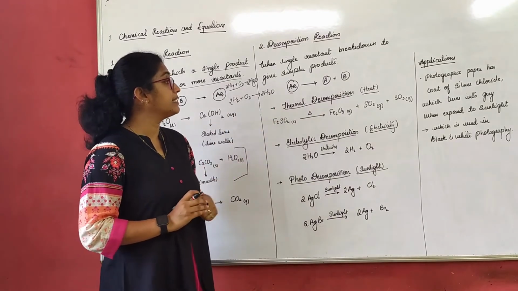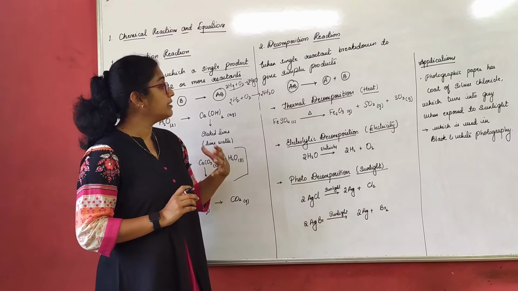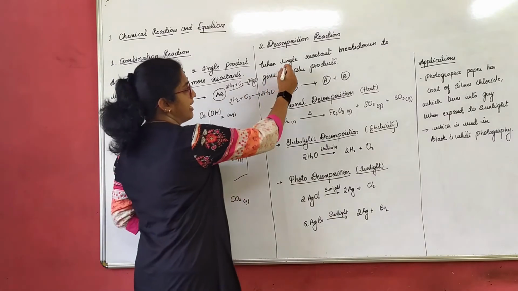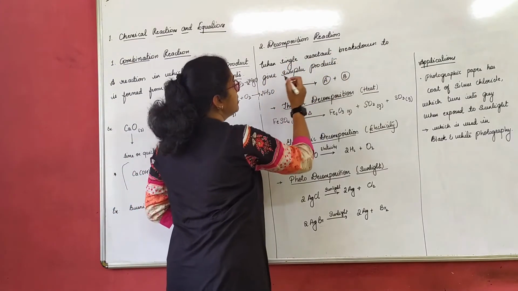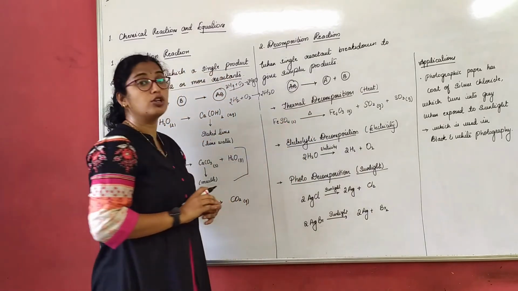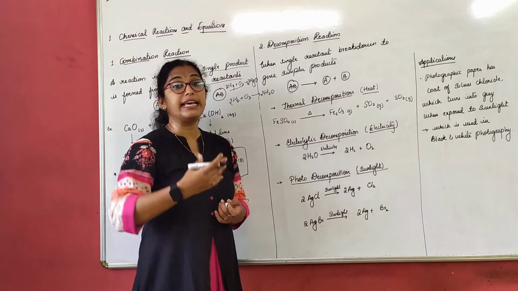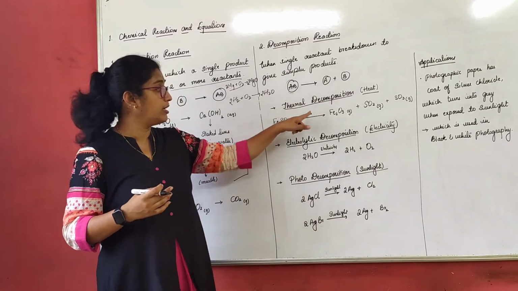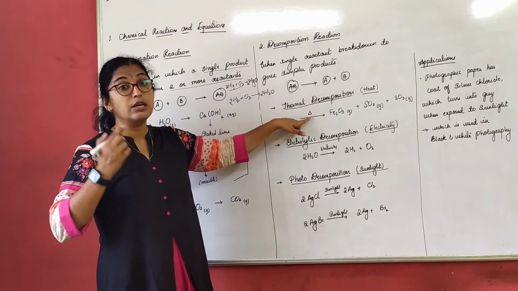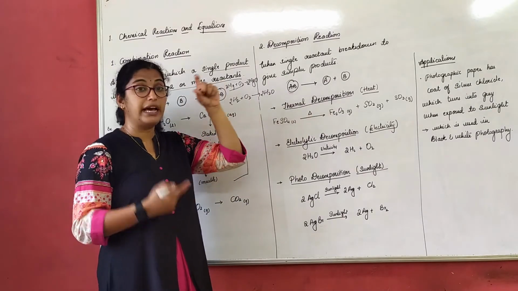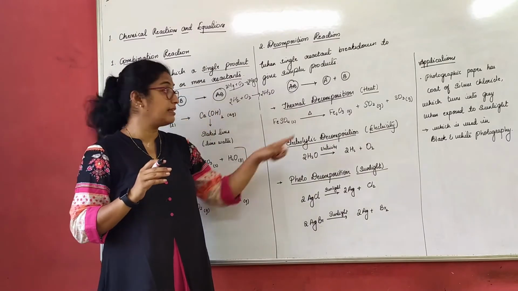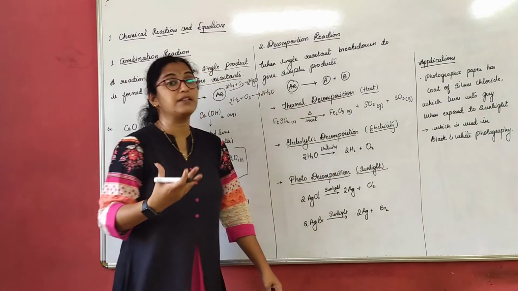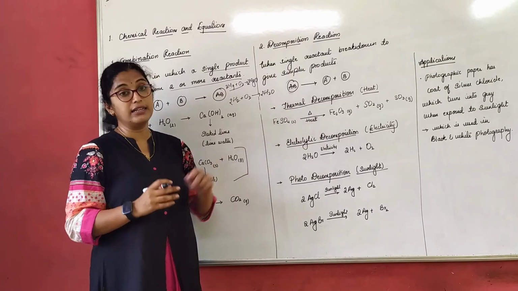Let us first go with thermal decomposition. What is thermal decomposition? Same example, same definition: a reaction in which a single reactant breaks down to give simpler products in the presence of heat. That means providing external heat. How do we provide it? By applying pressure, temperature, etc. Can you see this mark here? We discussed it yesterday. When we write a delta or a triangle, that is nothing but heat. You can either write this or write heat, anything. Or if a specific temperature is mentioned, you can write that temperature here.